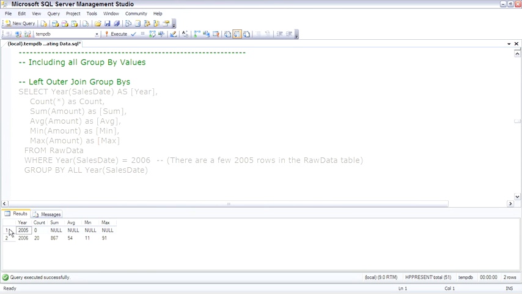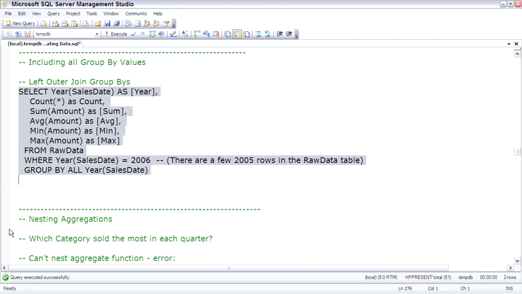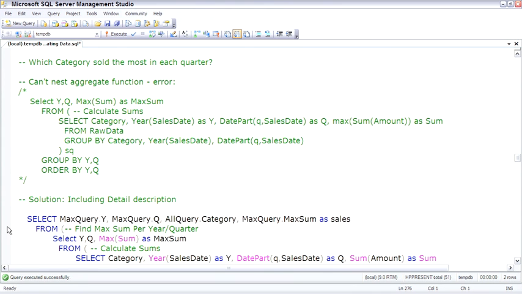Another problem when working with aggregate queries is that it's difficult to nest aggregate queries. For example, if we want to answer the question of which category sold the most in each quarter, that requires a nested aggregate. It takes one aggregate to simply calculate the sum of how much was sold by each category in each quarter, and it takes another query to determine which one is the max sum from each one of